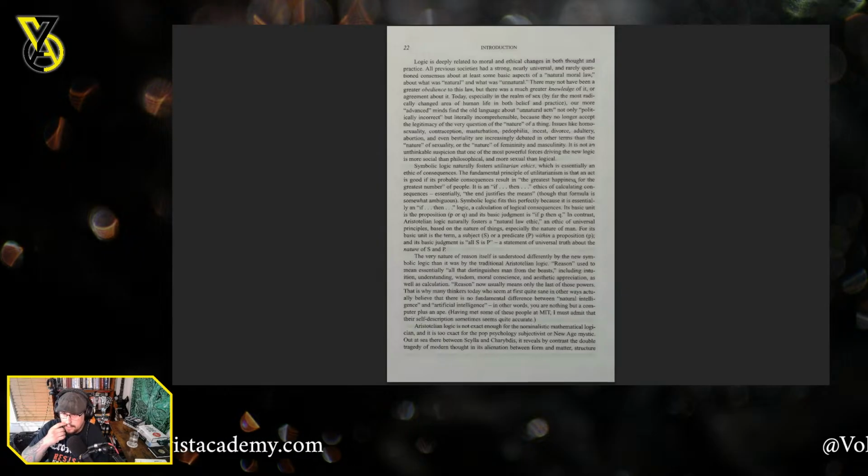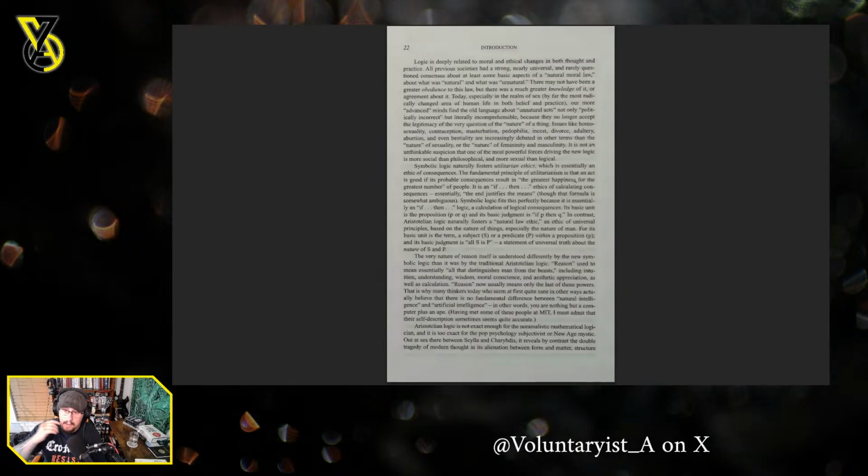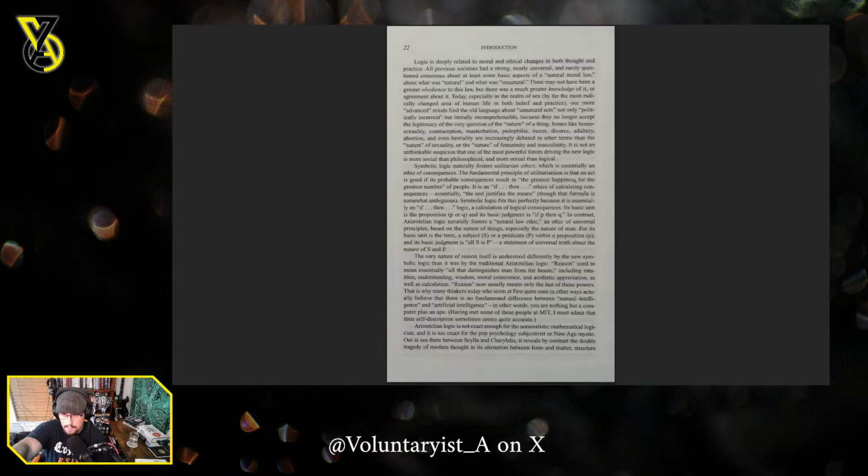Just a brief aside, I'd like to point out something about utilitarian ethics. It's kind of been on my mind for a while. I've always seen utilitarian ethics as something that is maybe leading one toward postmodern thought or moral relativism, in the sense of, I mean, it says it right here in the book: the greatest happiness for the greatest number. So the fundamental principle of utilitarianism is that an act is good if its probable consequences result in, quote, the greatest happiness for the greatest number of people. So, I mean, we're talking about a